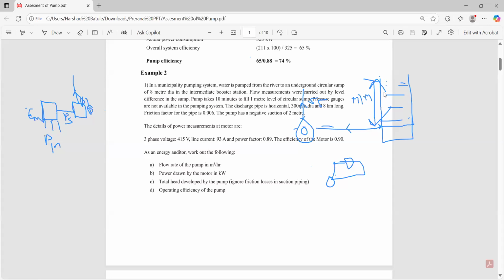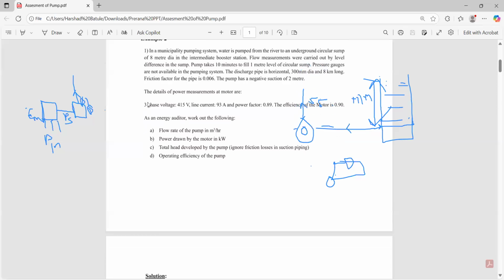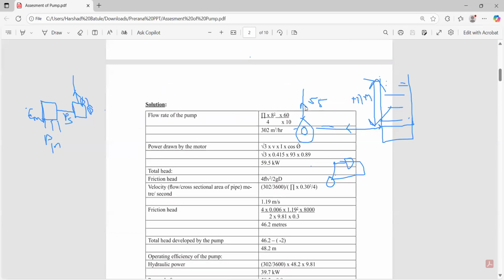After that they have given the discharge pipe diameter and length. So we have to calculate the frictional factor. From the frictional factor we have to calculate the discharge head, and they have given the motor power. So if you want to calculate the flow rate of the pump,